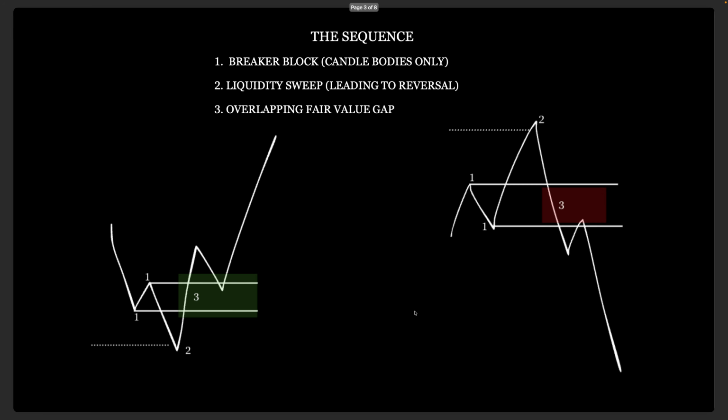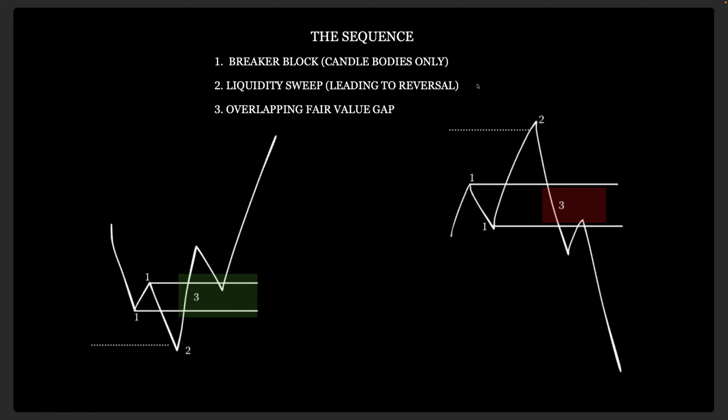So the setup is very simple. Price has to be in motion towards a draw. There has to be a big breaker block leading towards a sweep of liquidity. When that sweep is done and price reverses, you can think about the fact that yes, maybe this is a